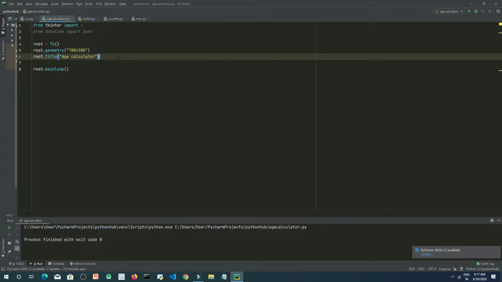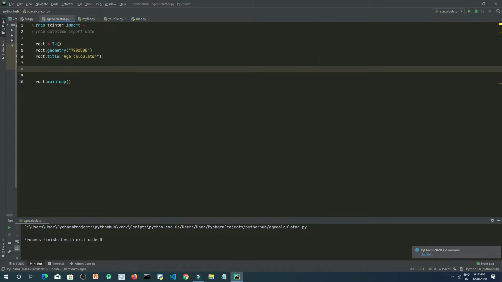So now we need to import an image inside our age calculator GUI. To import an image we need to type the variable inside which we will store the image which we are loading.